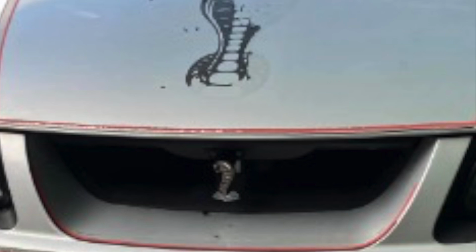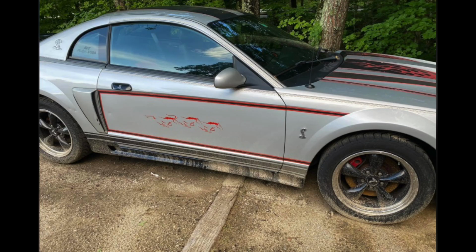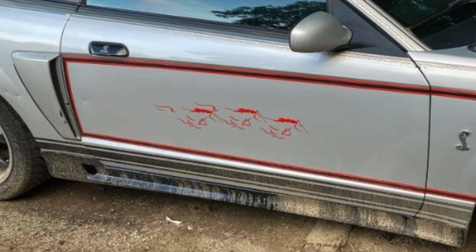I'm sure if you were to look up close you'd see some blemishes, but it does have the snake in the grill that has been changed by the first owner. And looking at the side of the car, it looks normal, but those are actually not Terminator side skirts. They have an opening towards the back of the side skirt, and they've been painted black. New Edge Mustangs are known for having a lot of different angles and pieces that can be changed for color. It's tempting for people to want to change different colors and draw lines, just like you see these vinyl stripes on the doors,